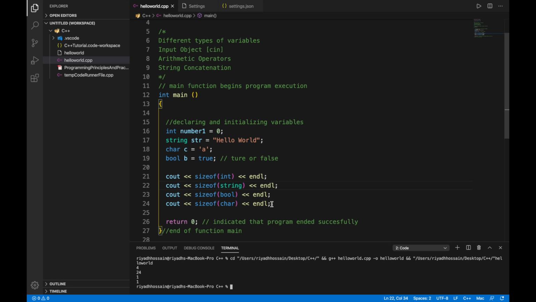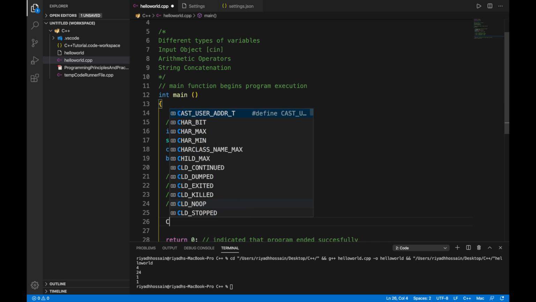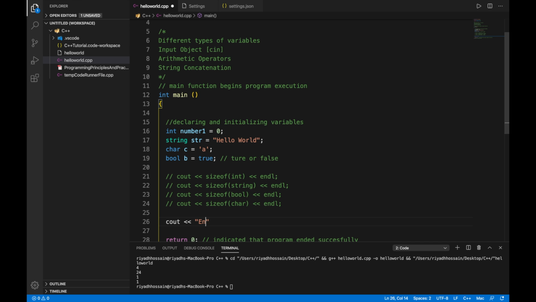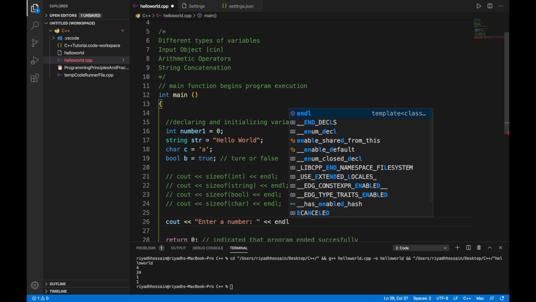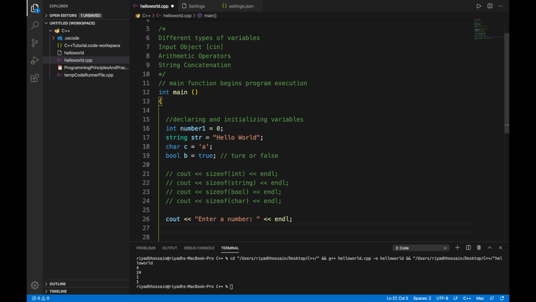Now let's look at an example using the cin operator. We'll do cout, enter a number, and then again stream insertion operator, followed by an endl stream manipulator, and then we're gonna do cin, and this time the stream operator we're gonna use is this one. So we're gonna say number1,